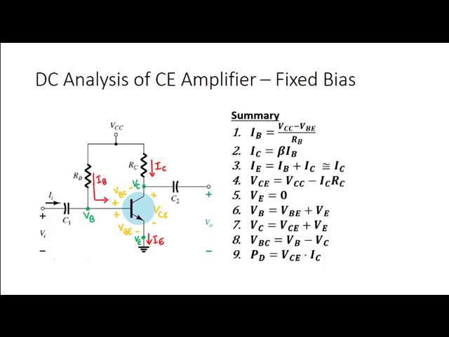And please make a note here. We calculated the static power dissipation considering only the voltage across the device at the output side and the current flowing through the device only at the output side. We did not consider the input side current IB and the voltage drop VBE, because VBE is a very small value, around 0.7 volt. IB is also a small value. So this will not add much to the static power dissipation. Most of the power dissipation is happening because of IC. So PD, the static power dissipation of the device, is calculated as the product of VCE and IC.